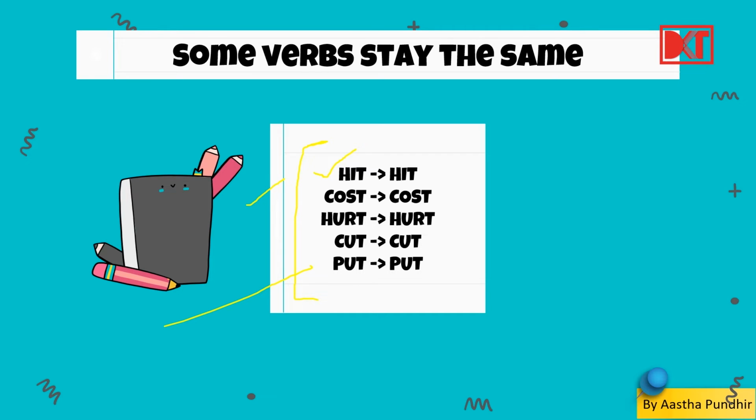I hit in the present and in the past also I hit stays. Cost is cost, hurt stays hurt, cut stays cut, put stays put. All right, now these are a few verbs which stay the same. All right, now